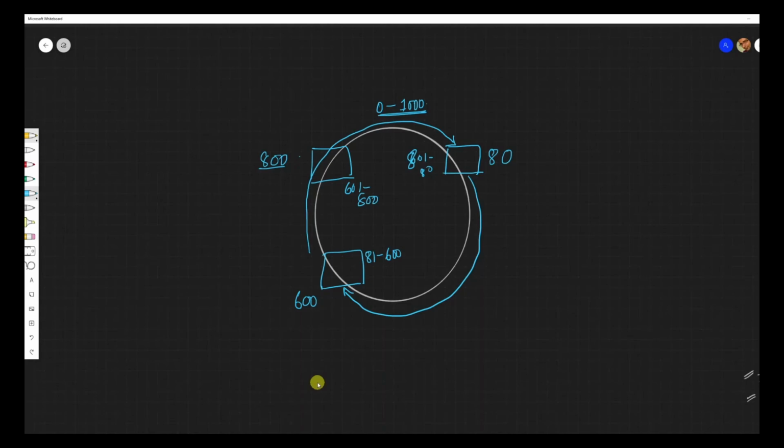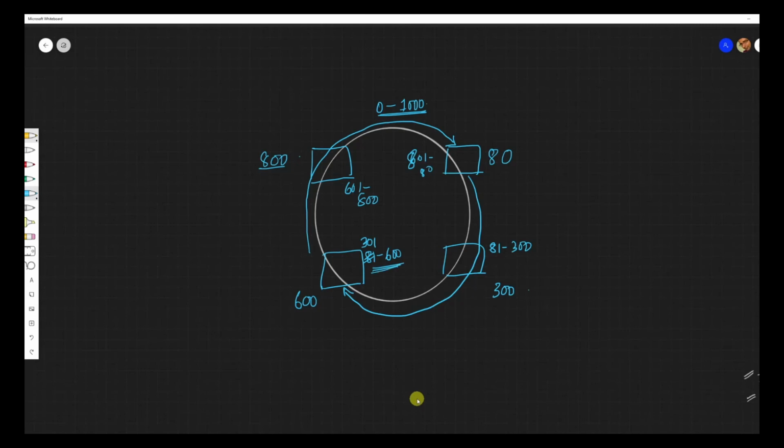So you can see that every time I introduce a new worker, so let's say I introduce one more worker over here, and let's say he gets a place in the ring somewhere at 300. So only two nodes are going to get affected. What will happen? This guy will serve from 81 to 300 everything, and he will have a reduced scope. He doesn't need to serve from 81, rather he will serve from 301, right? So you can see that only one guy is losing the scope over here, right?